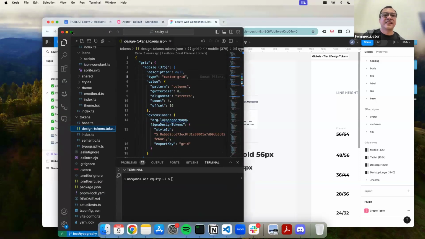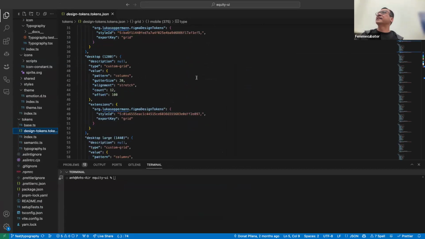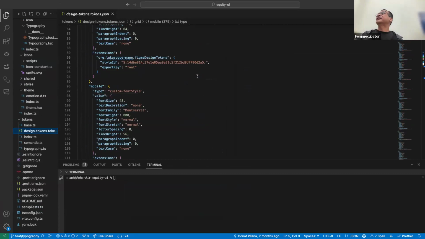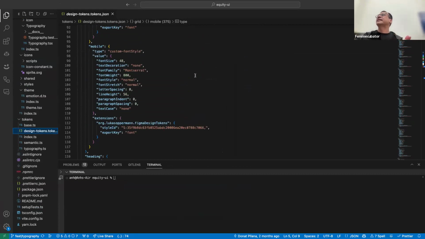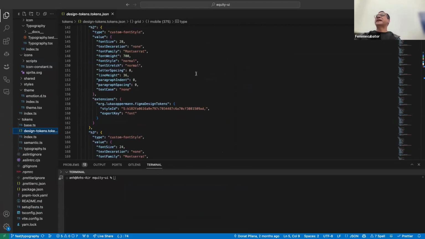All right, so this is what we get from Figma. Looking at it, I get it. There are some values here that I can make sense of, but how do we make it into what we heard earlier, the different tiers, and a much friendlier token name that we could use in our app? We had to process these tokens into a different object, and processing this object,